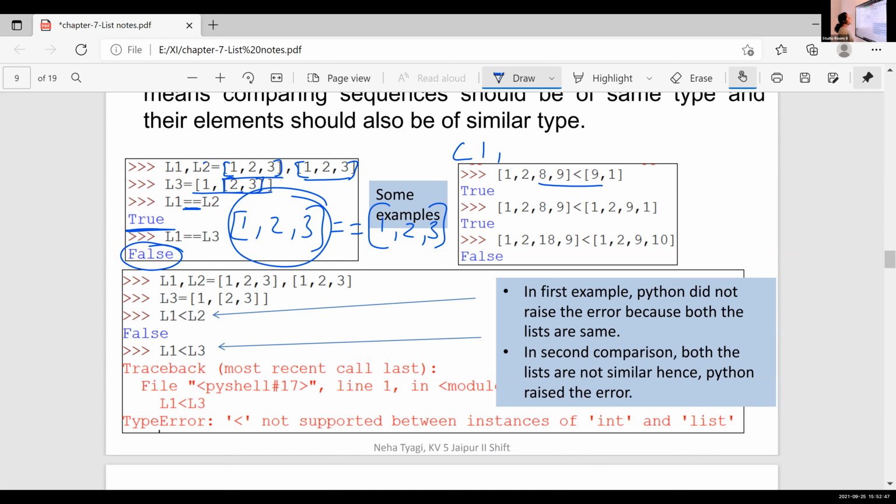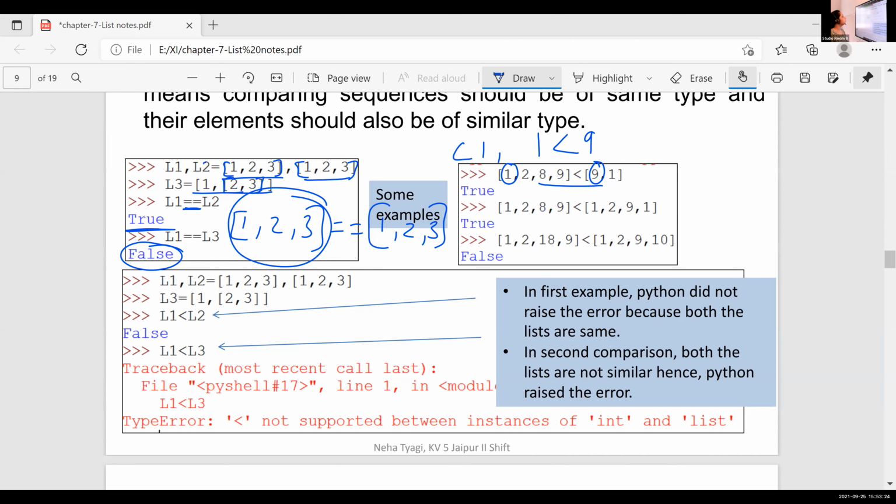So here the comparison is based on, first it will take the first value 1. Then here also one value. So it will take the 0th position of first list and also 0th position value of second list. Here the value is 1, here the value is 9. Then it will compare 1 less than 9. First value is from first list, first value from second list. So 1 less than 9.